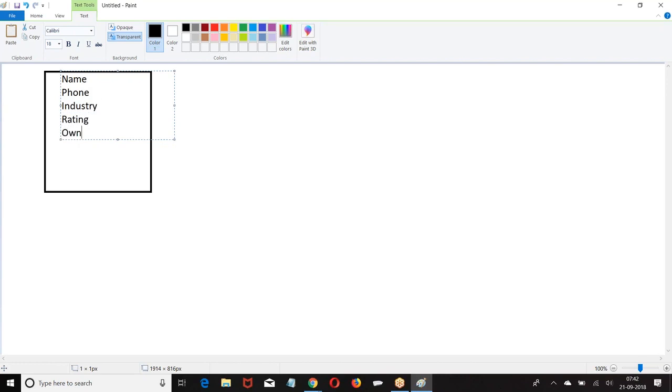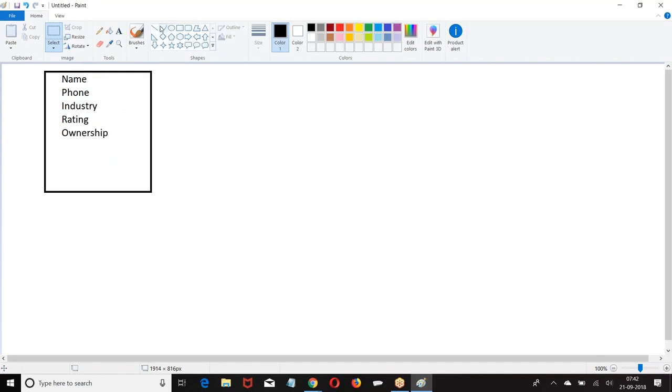Whichever the fields I am selecting, then you write a query called select phone, industry, rating. Whichever the fields I am going to select, those fields you have to query and display.